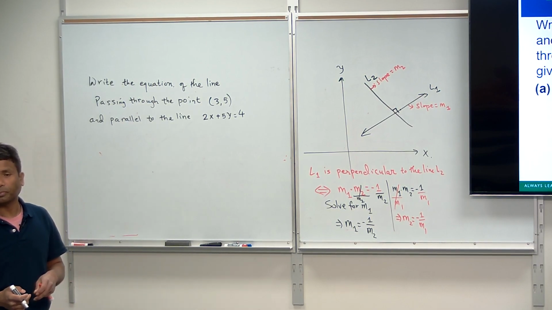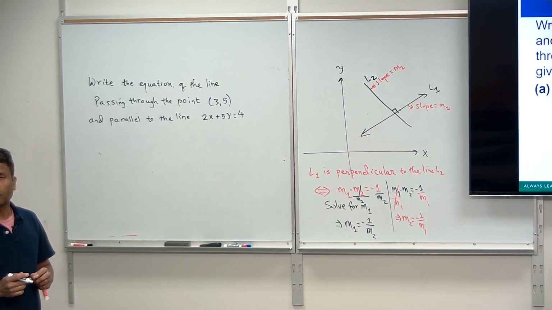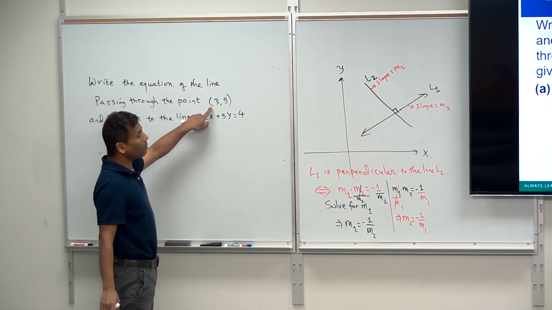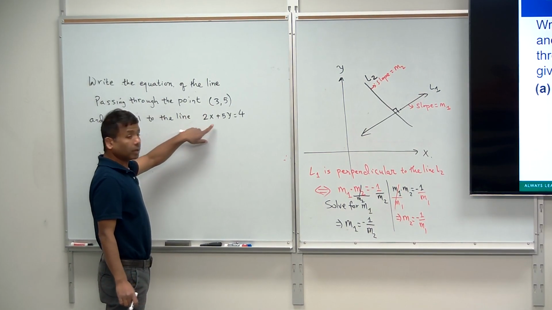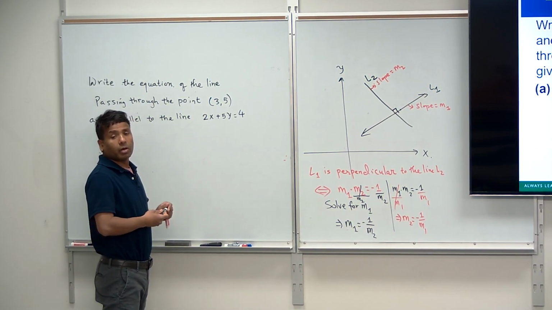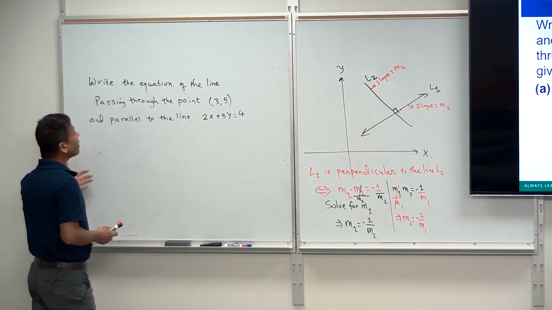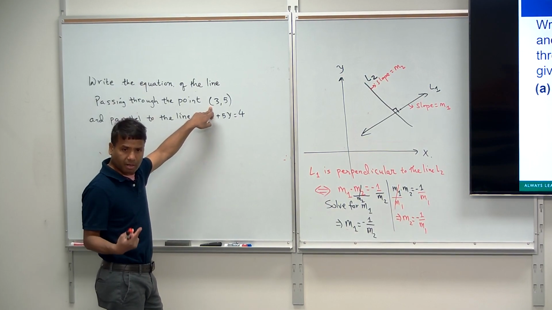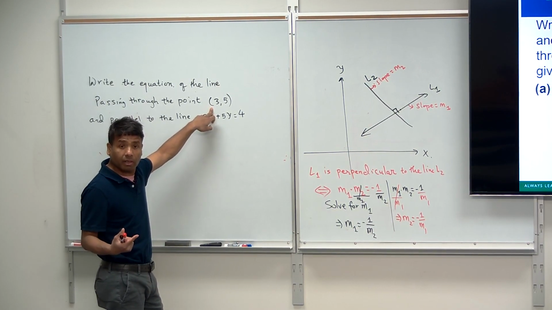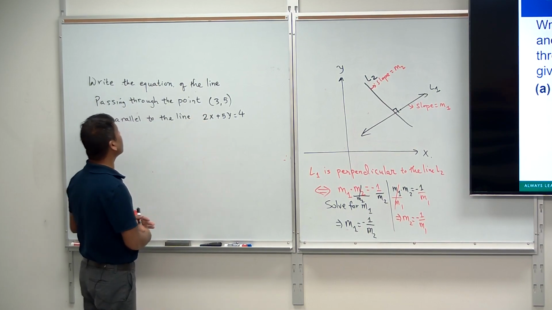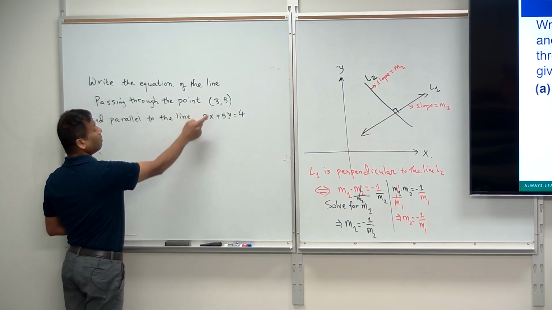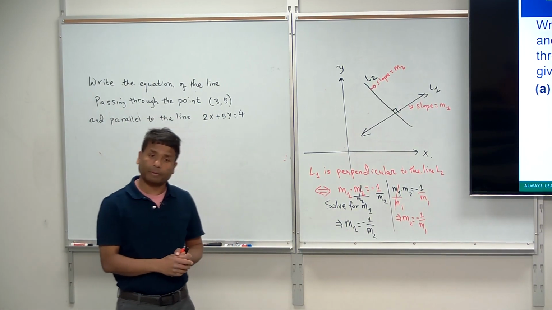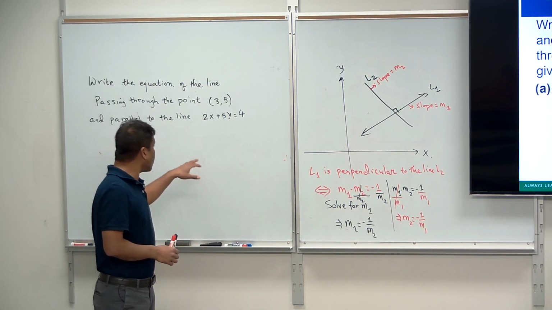How do you find that? So we need to find the equation of the line passing through the point (3, 5) and parallel to this line, right? So you already have a point. What you need is the slope. But you know the line passing through the point (3, 5) is parallel to the line 2x plus 5y equals 4. So if I find the slope of this line,